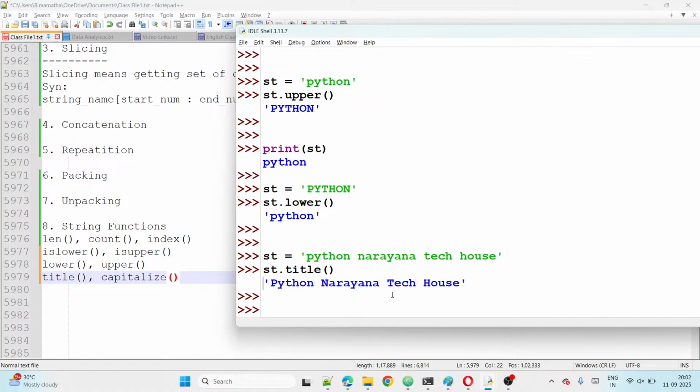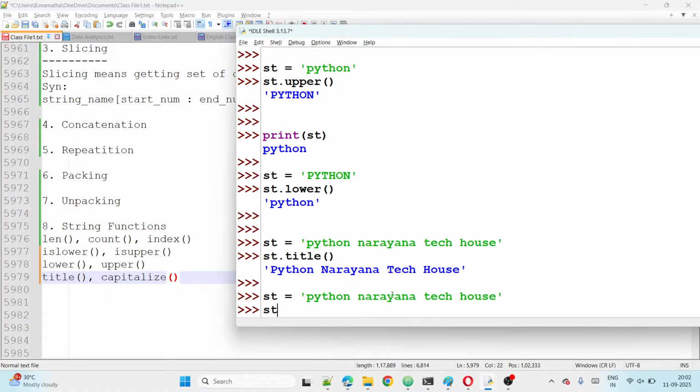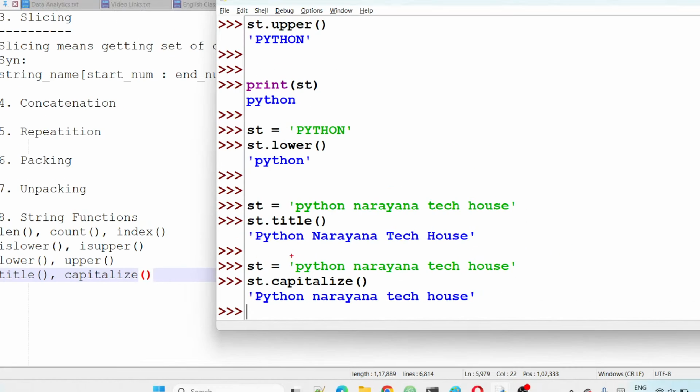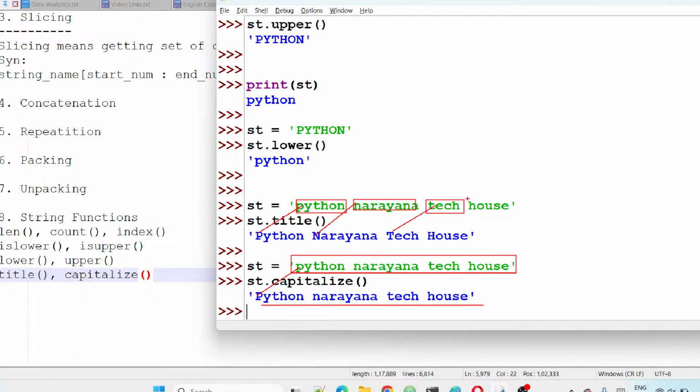That is title. The same string I use, I am taking capitalize, guys. Okay, capitalize. You can see now. Then what happened here? In the entire string, only the first word's first letter is upper, and the remaining are all lower. Whereas in title, word by word, first word first letter upper, second word first letter upper, third word first letter upper, fourth word first letter upper. But here